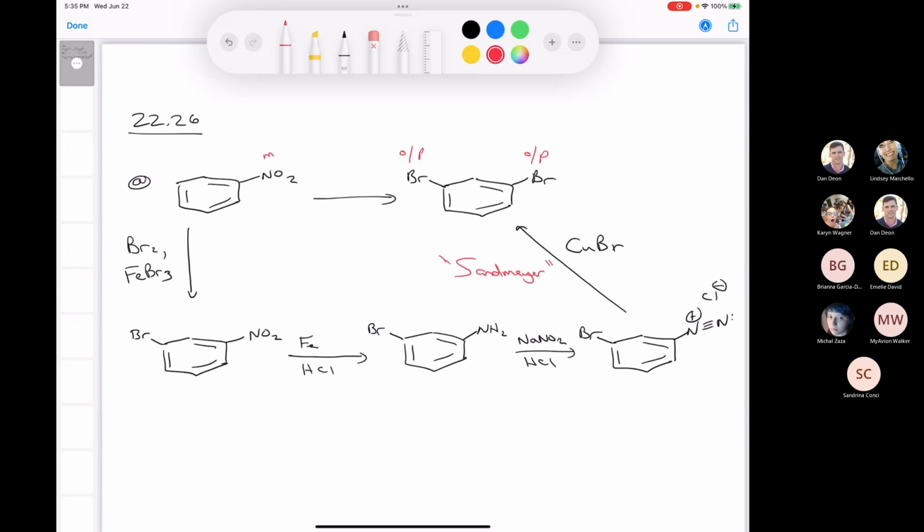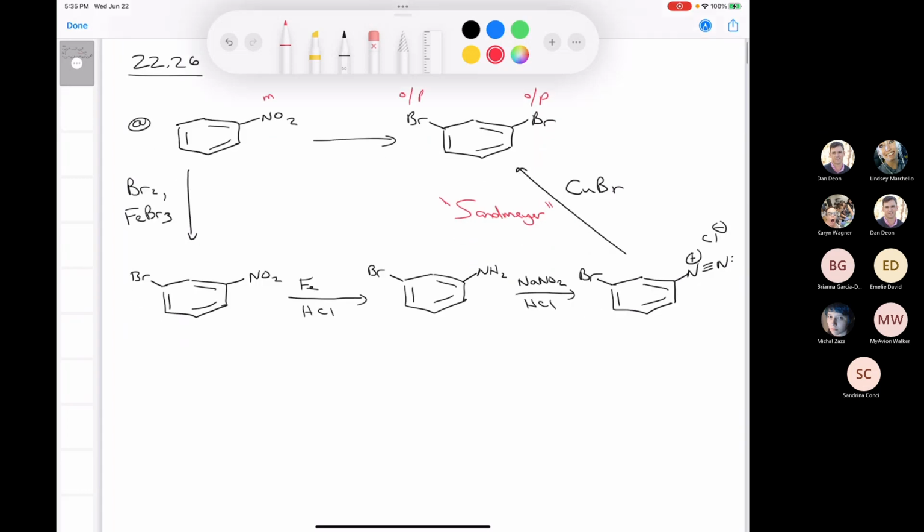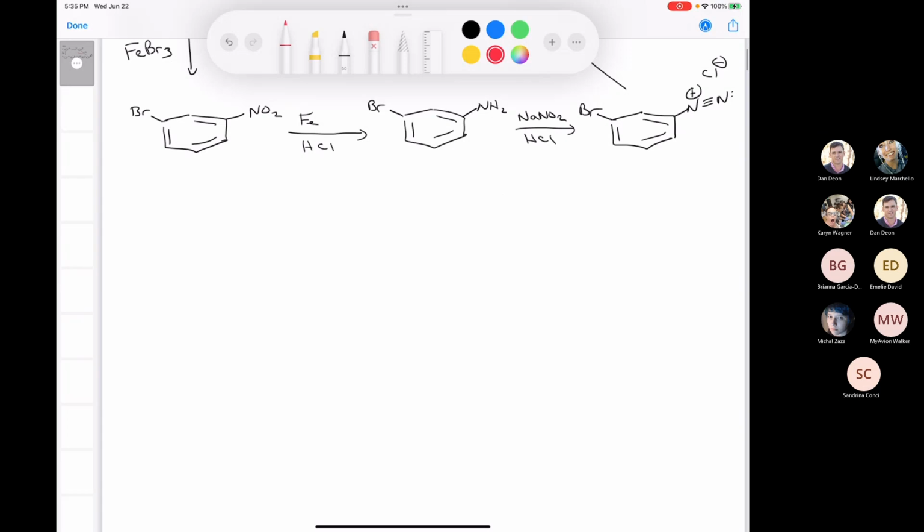Okay. If you have one, don't hesitate to interrupt me. Let's try another one. I thought this one was kind of interesting. So this is 22.26 C. We want to take benzene, like this, and then we want to put in a propyl group, and we want to make a phenol too. And the problem that you see right away is both of these are ortho-para directors, right? This is ortho-para directing, this is ortho-para directing, and they're